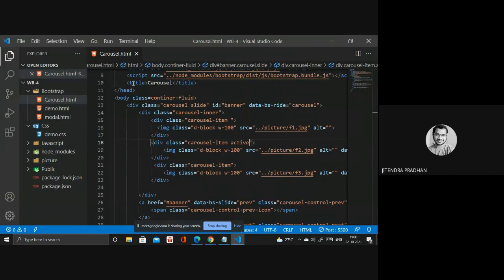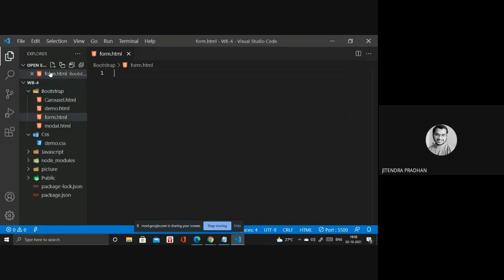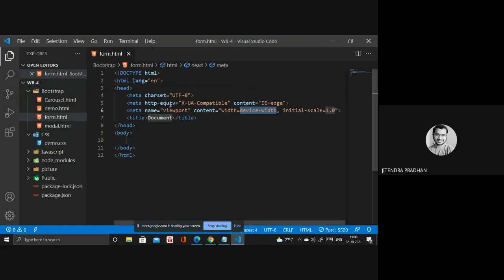Okay, let's start. You need to design your form. So we need to go to Bootstrap and form.html. By using Bootstrap, you need to create a form.